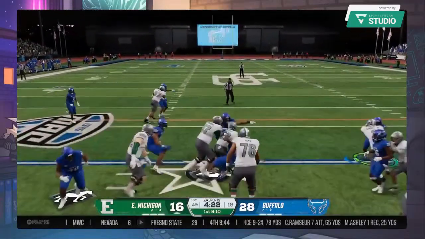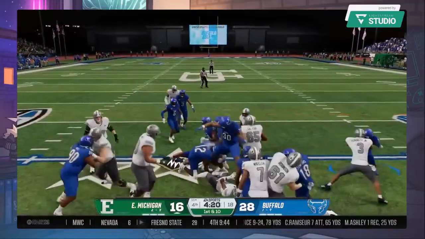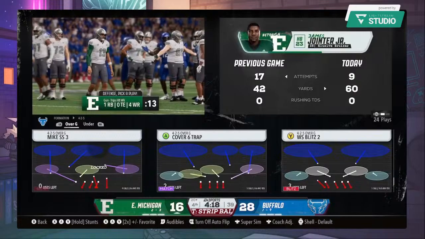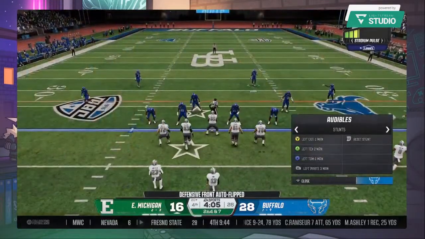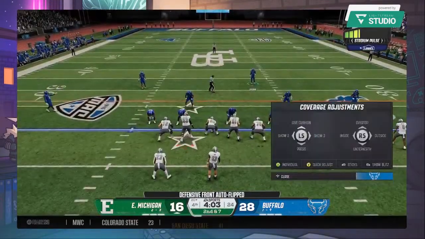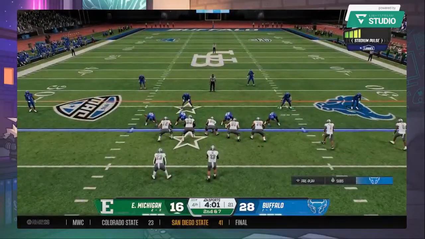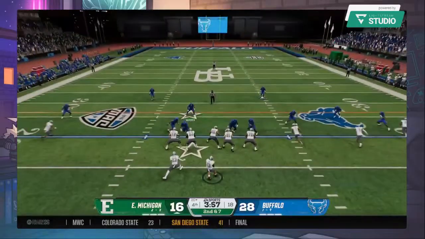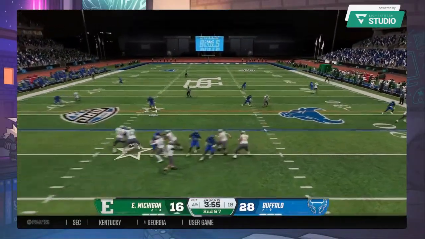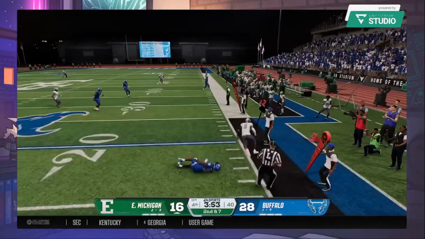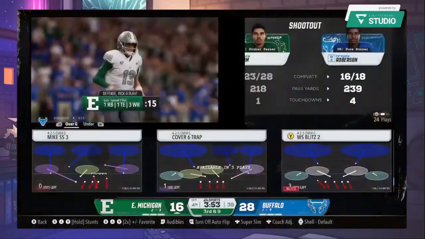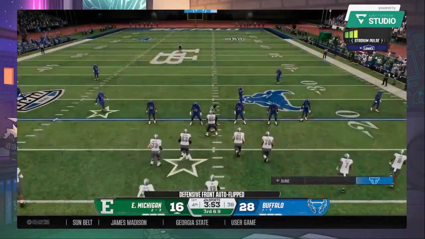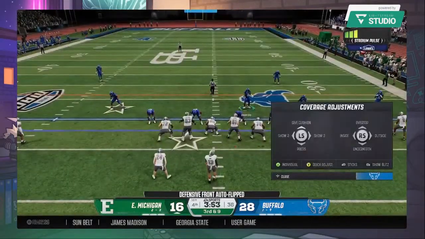Gives it on the option. He breaks a tackle. Picks his way ahead, pickup of 3, and gets it to the 20-yard line. It's definitely too early to panic, but there's some bad feelings going on for this offense right now. You're way down on the scoreboard. I know we're still in the first half, but after that last play, it's pretty obvious. You can't run the ball. You're becoming a one-dimensional offense at a time when you need to be able to score some points. So either get it done through the air or you've got to be more physical up front.